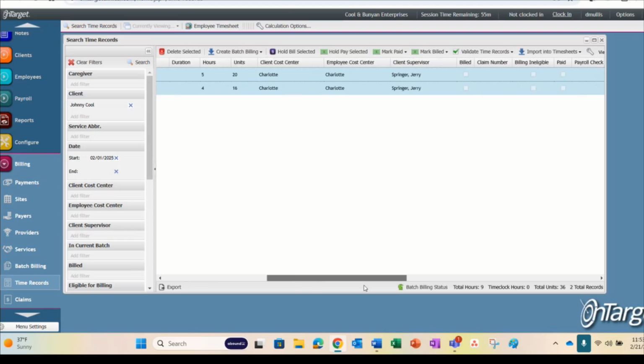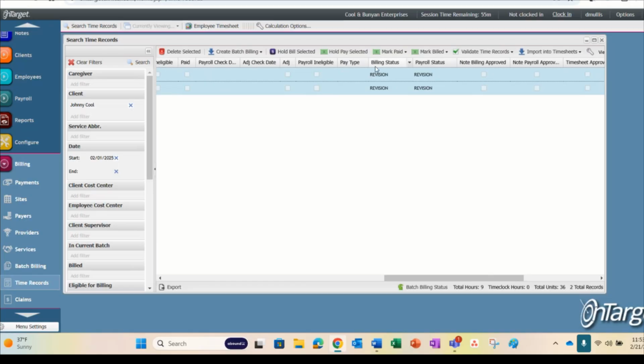It's either going to be a status of a revision, or some of you that are more familiar with time records may have seen a blocked status. Okay, blocked is kind of similar to revision. Blocked means there is a claim associated, but the reference number associated with the 835 has not come back into OnTarget yet. All right, so